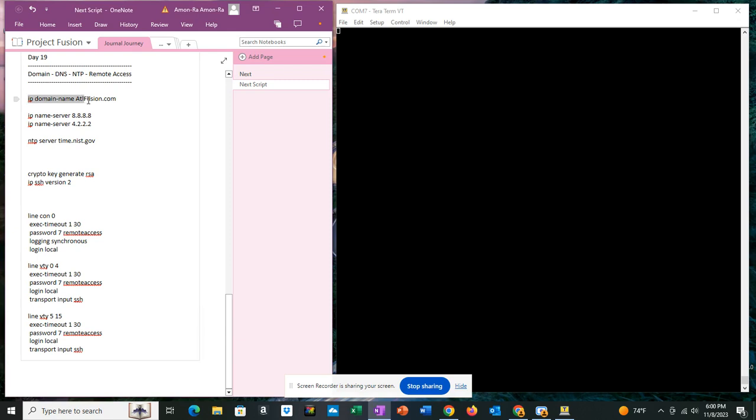The first portion of the script is a domain name. This domain name was placed on all of our devices so that it can be identified properly. So all of our switches and routers, and the wireless access points, as well as the wireless controller, belong to the atlfusion.com domain. So, for instance, let's say this switch was named 01. It will be followed by the following